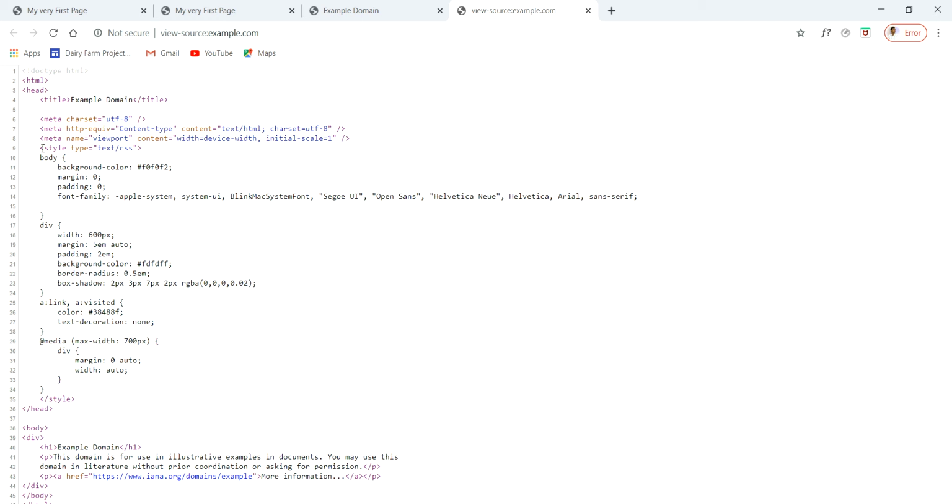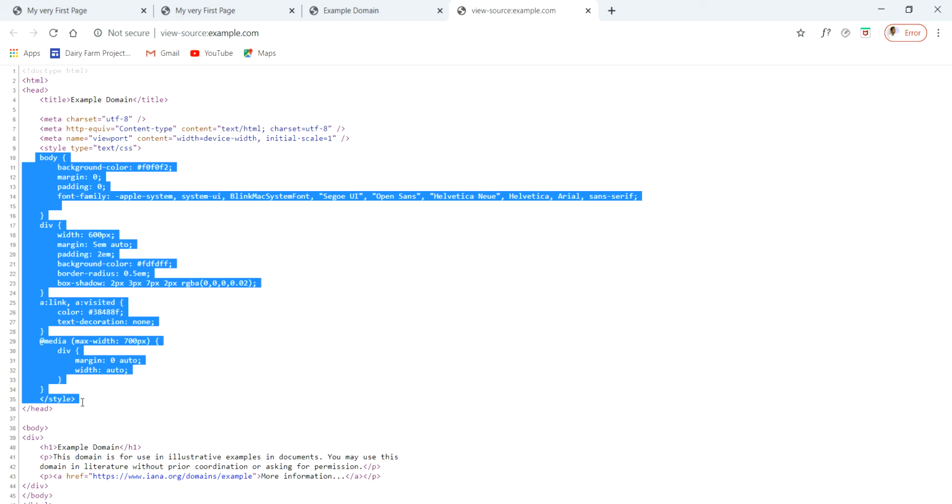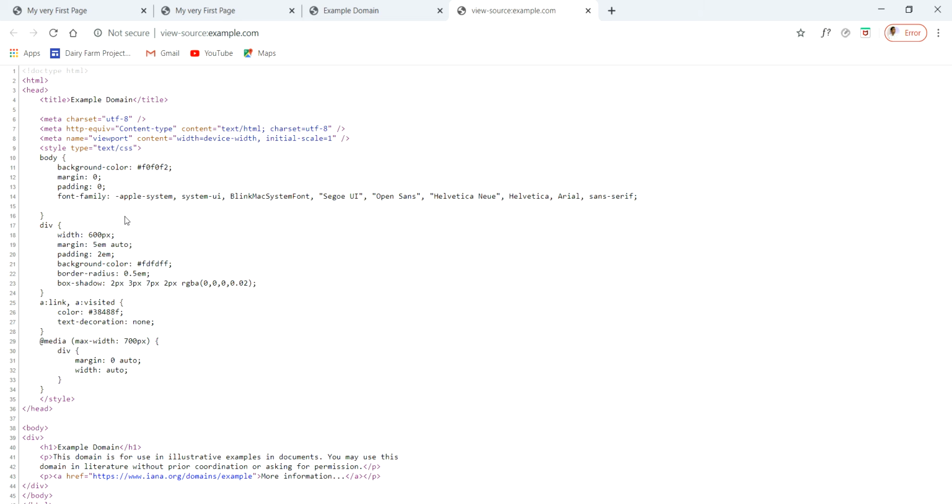Then we have used the style element. In the style element we have written certain code. Right now you just have to forget about all these things. We will explain this in the coming courses. So this is basically called the cascading style sheet. The cascading style sheet is used for styling of your web pages. Now here we have closed the style, then we have closed the head. So we have started the head. So this portion is used for defining the head of your page.